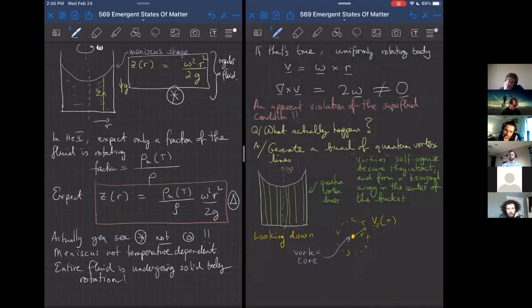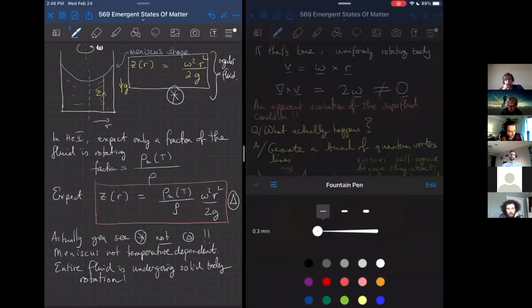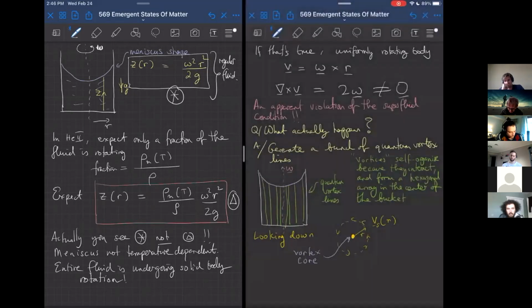So that's what you see, and to a good approximation, the flow around each vortex line is cylindrically symmetrical. If I were to ask what happens around it, well, I already know the answer to that. If I go around each vortex line, what I know is that the line integral of Vs dot dr is quantized, that is equal to n times Planck's constant